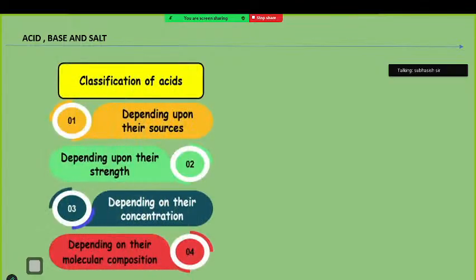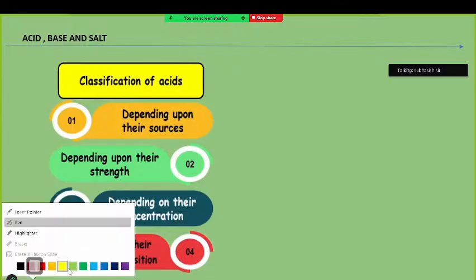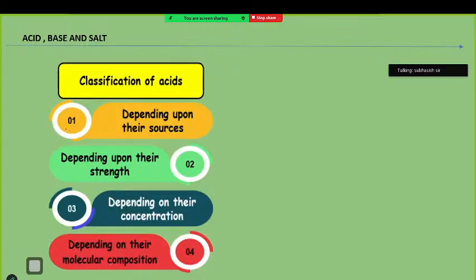Now we discuss the classification of acids. Classifications of acids and bases can be considered on the basis of several different criteria: depending upon their sources, from which source those acids are prepared, depending upon the strength of the acids, depending upon the concentration, and depending upon the molecular composition. So there are 4 different types of classification. There are many other types of classifications too, but